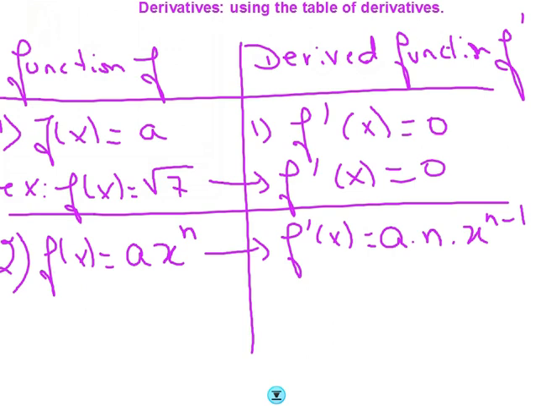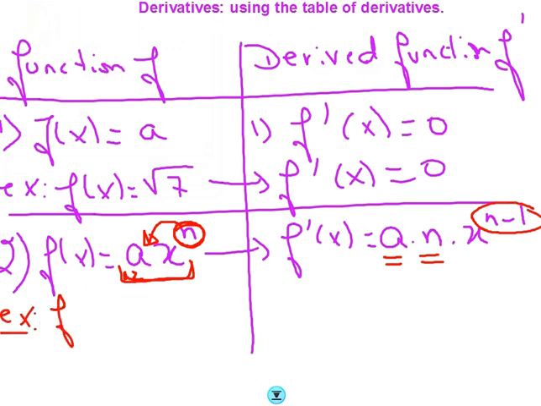So what you have to do is, you look at your function, you have a constant times x to the power n. What you have to do is to bring down the exponent n. You multiply it by your constant, so it's a times n, and then you subtract 1 from your exponent, so it becomes x to the power n minus 1. Example,